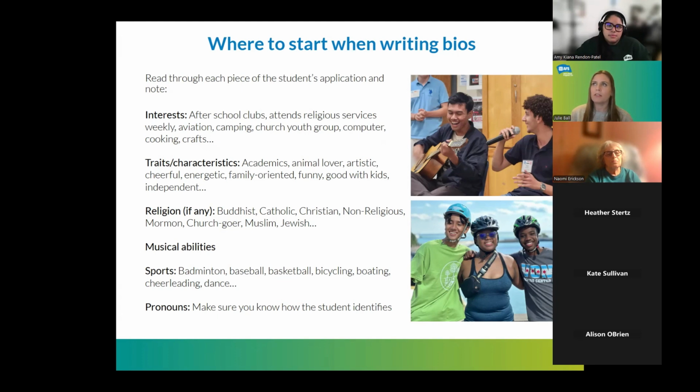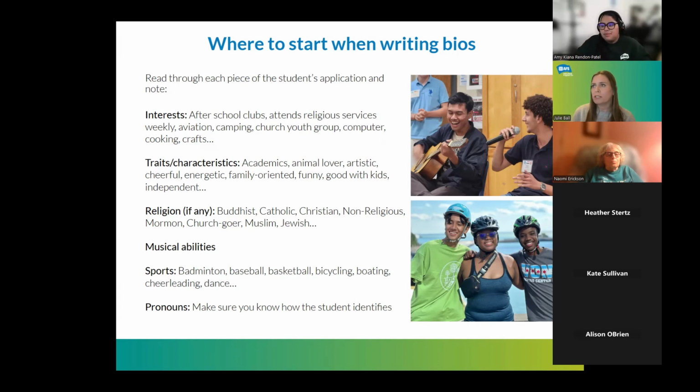But also, you can note any traits or characteristics. Maybe they are extremely academic or school oriented. Maybe they're an animal lover, artistic, cheerful. Family oriented is a great one. If they are religious, if that's a big part of their life, definitely note that. Also note if they're very open minded, that's a great trait to highlight.